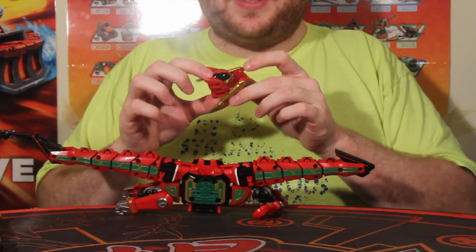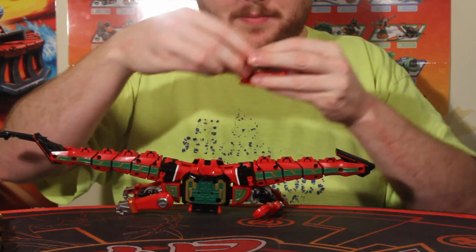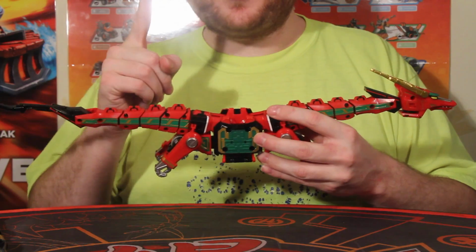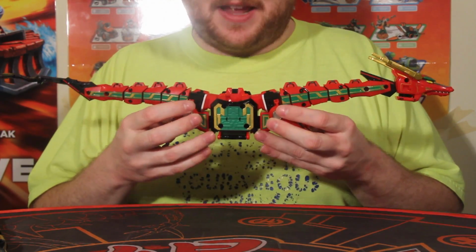And of course the head transforms like the original. You fold it back into the dragon head, raise the fins a bit, and it just clips right on. And there we have the completely transformed Legacy Red Dragon Zord. Or so you thought. This Legacy Red Dragon Zord actually has one more trick up its sleeve that sets it